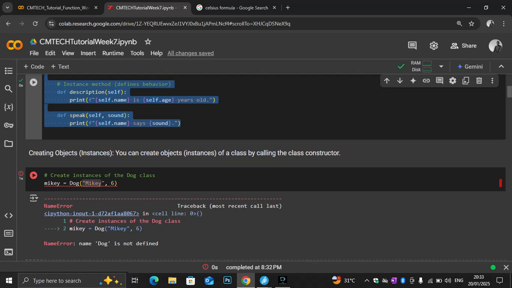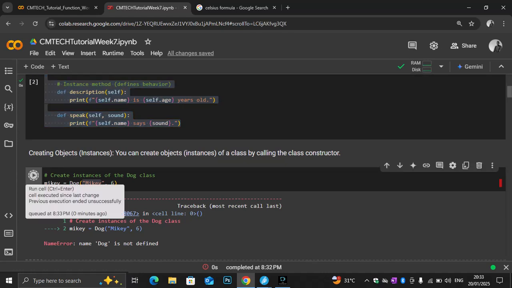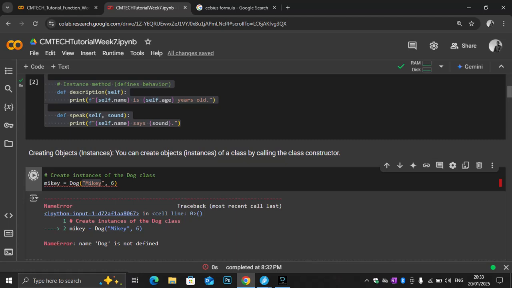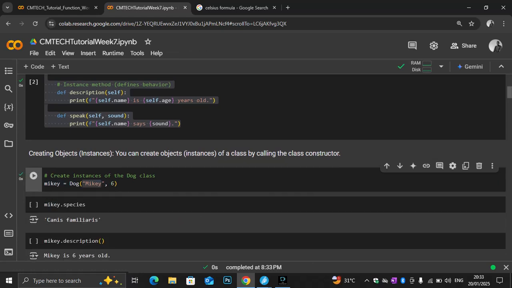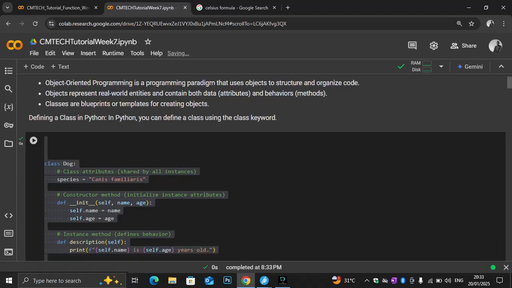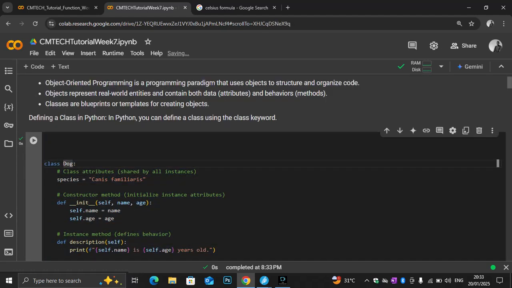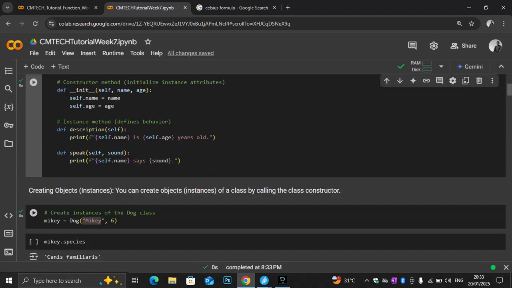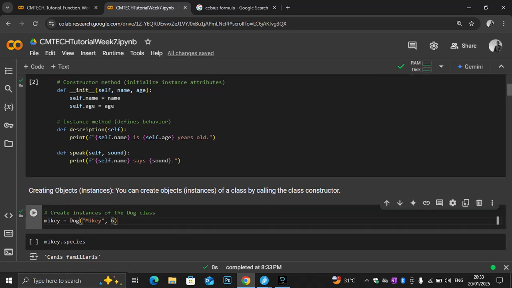So now we declare a variable called Mickey, and we call the class, meaning dog. We call the dog here and say Mickey. The dog should bear Mickey, and the dog's age is 6. Now we can pass anything inside. You can say the dog is 40 years. We can pass anything. Now when I run it,